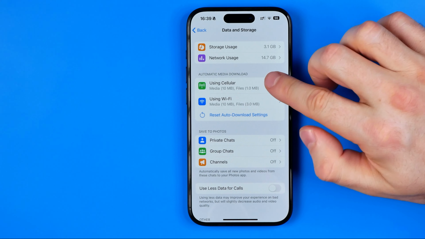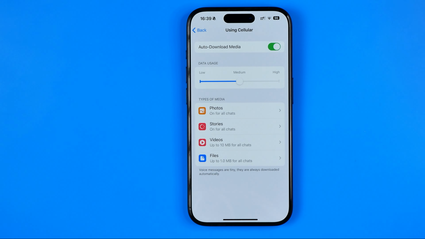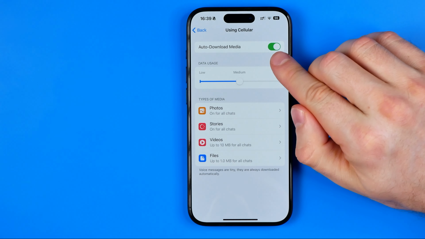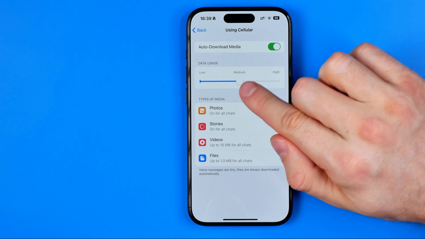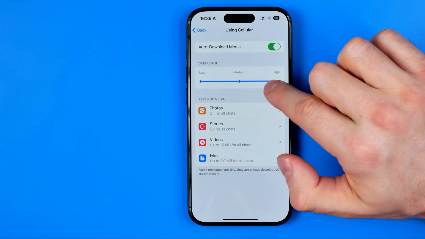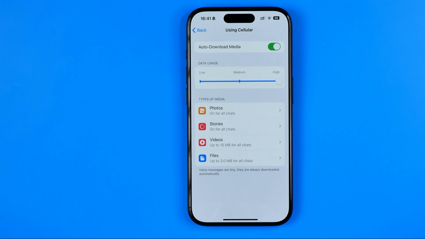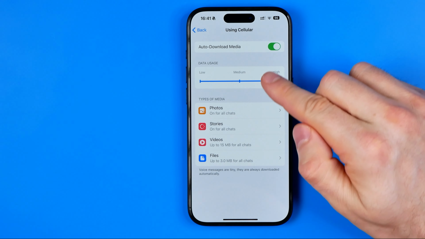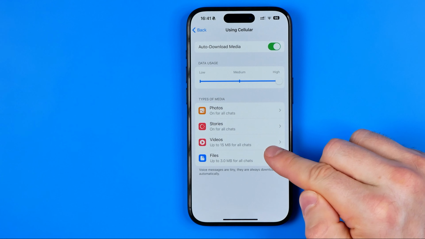First off, I'm going to enter using cellular, and that's where, first of all, we need to make sure that it is turned on. And then we need to drag this slider to high. This allows us to maximize data usage to save history from chats, and also down below here we can customize